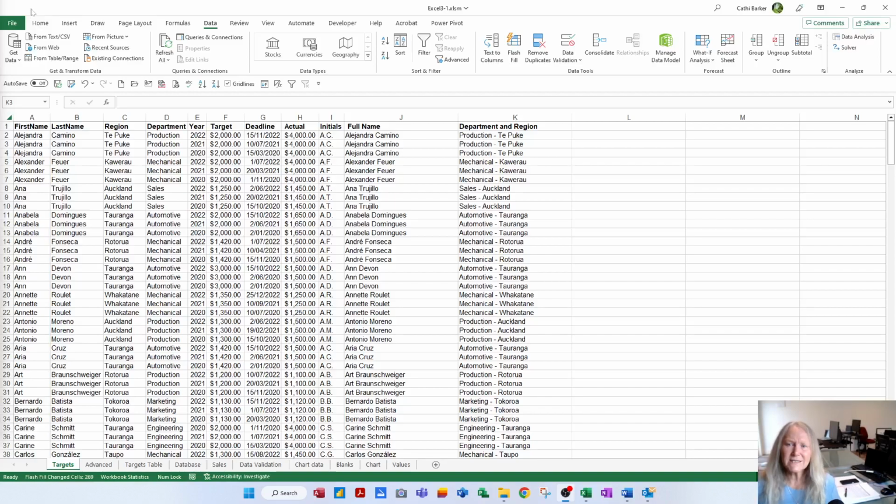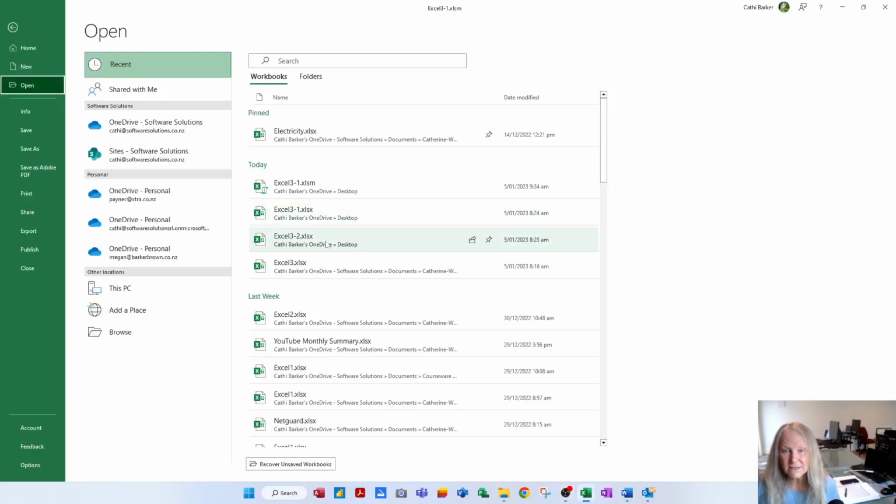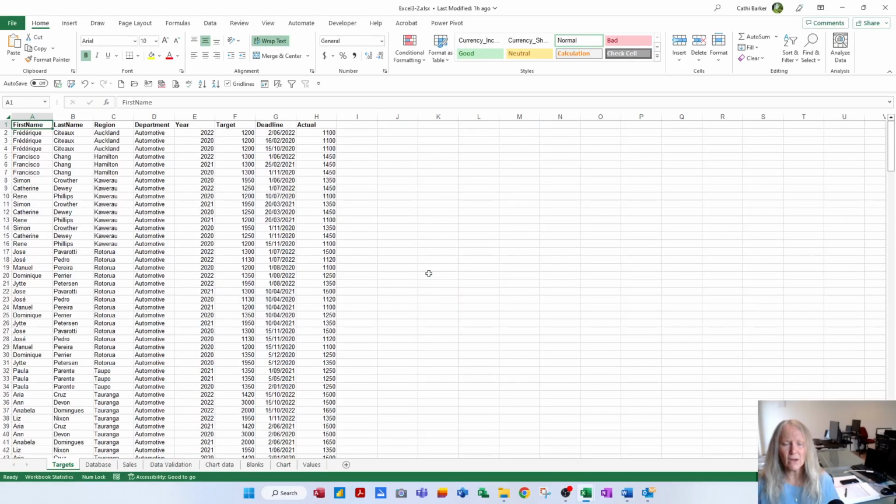We've got the file Excel 3-1 open, and we've done a lot in this file. I actually want to save it, Control S, and I want to open up the file we created in the very first video called Excel 3-2. So I'm going to go Control O to open a file. Let me just try that again. And here's Excel 3-2, which is just a pristine copy of the Excel 3 file that accompanies your course